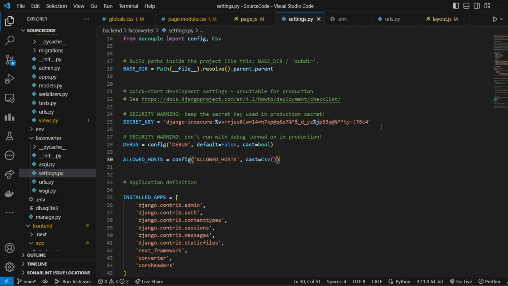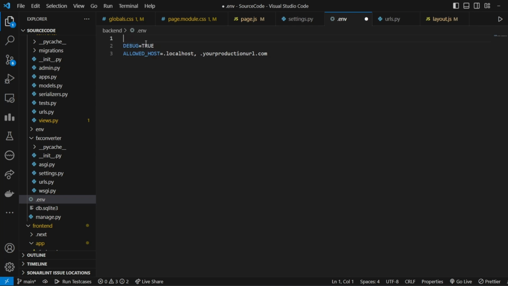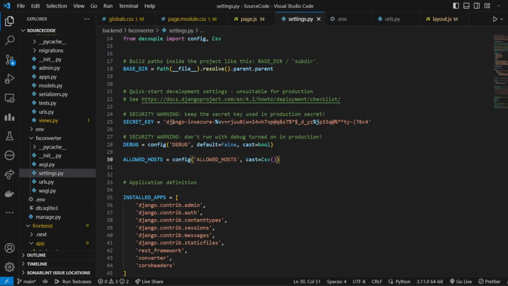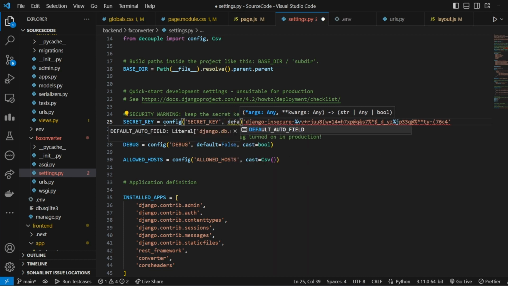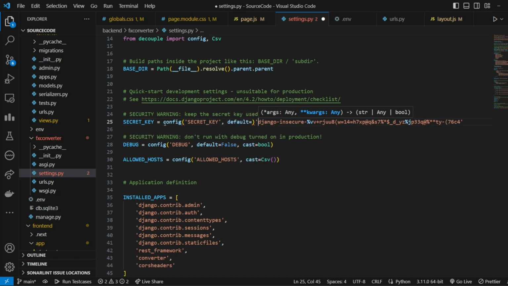And secrets, it's not a good idea to store a secret key inside the settings file. So let's create a variable for storing the secret key. Secret key is equal to, and we will store some random value with numbers and letters, save. And then in the same way we can get the secret key, config of secret key, then the default value will be this value,